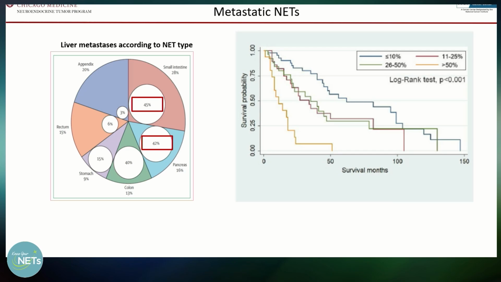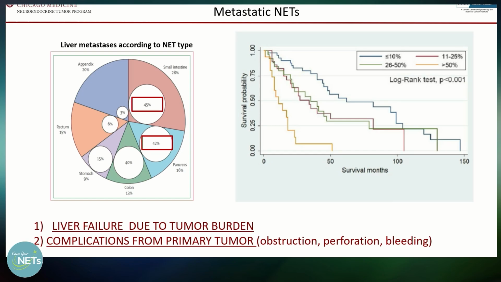And we know that liver metastases are also associated with diminished survival, especially if liver metastases are bulky or large. So if there is a majority, greater than 50% of your liver that's replaced by metastases of neuroendocrine tumors, your survival is not as good as if you have less than 10%, as this graph shows. So, liver failure due to overwhelming liver tumor burden is a concern that we try to address with systemic and